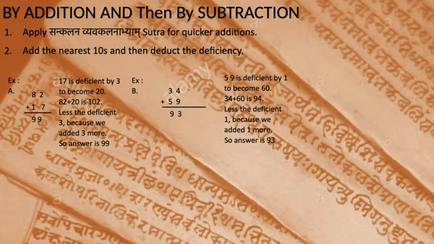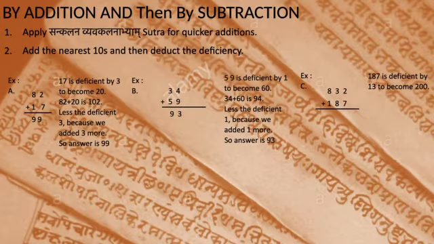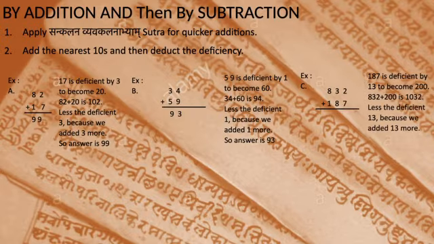Okay, so let's look at another example, 832 add 187. Previously we have learnt various techniques to add up faster, right? We can use that as well, just for the purpose of showing how this sutra works here. 187 is nearer to 200 and is deficient by 13, right? So what we can do is we can add up 200 to 832, which is 1032, then reduce 13 from it. So that means 1019 is the answer. We can do it by number splitting and other techniques as well.